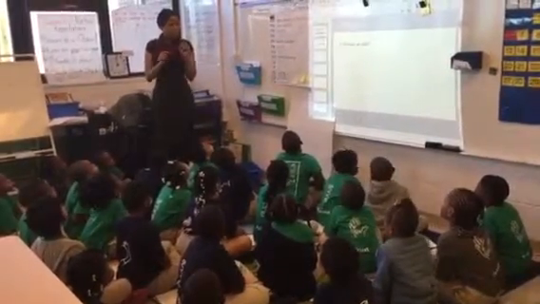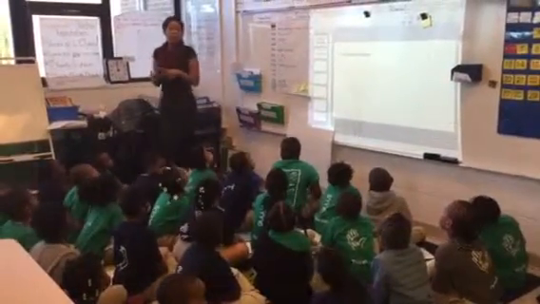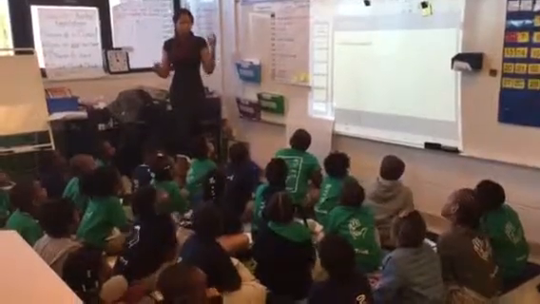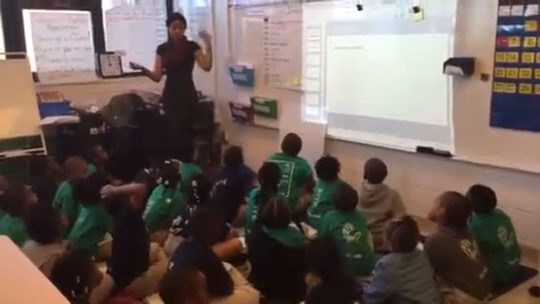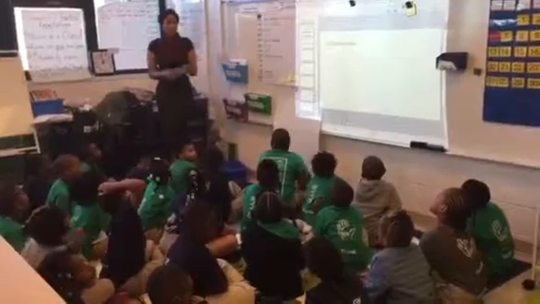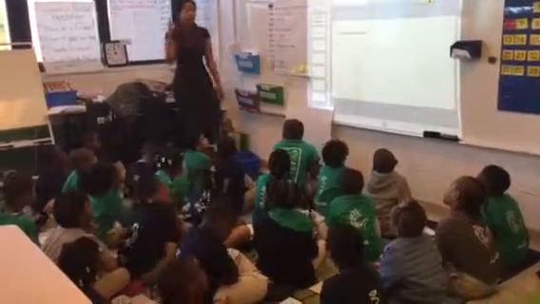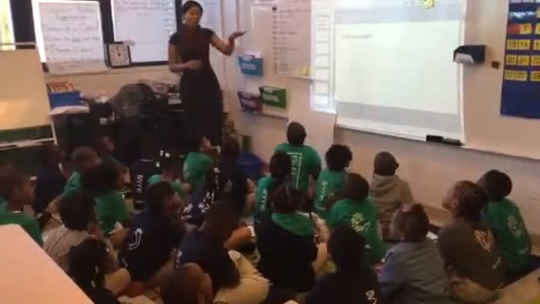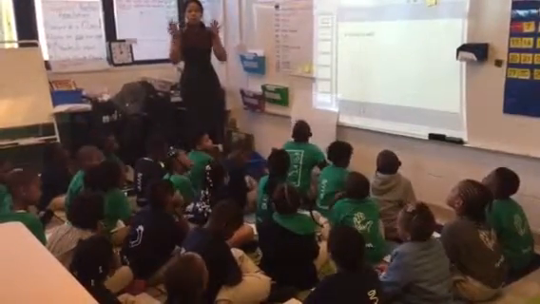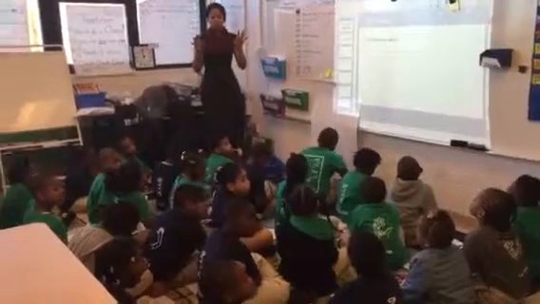Nice job, guys. So today we learned that we can split big digit numbers, right? Even or odd. We can determine if they're even or odd by forgetting what? The 10s. And focusing on the 1s. Look at the ones place and you split the ones into 2 groups. If you can split